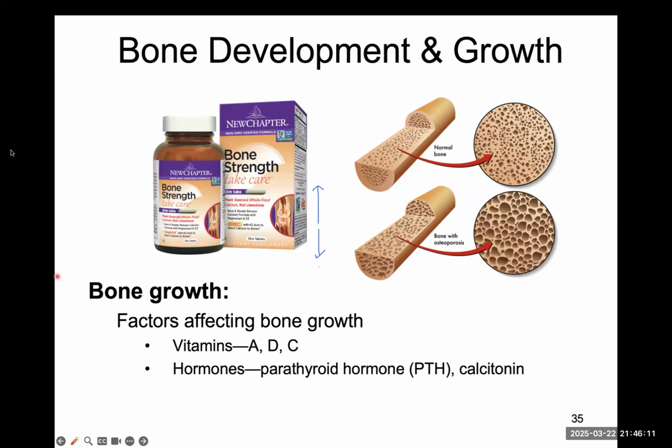Let me write that down for you. So people who have osteoporosis, hopefully I spelled it right. I think there's another O here, maybe. You can double check the spelling. So people who have osteoporosis,